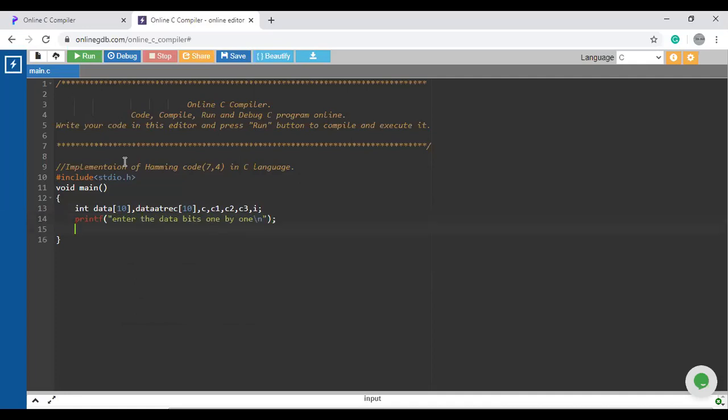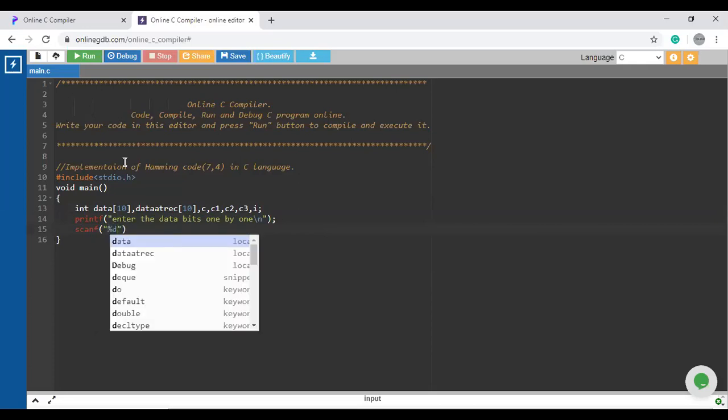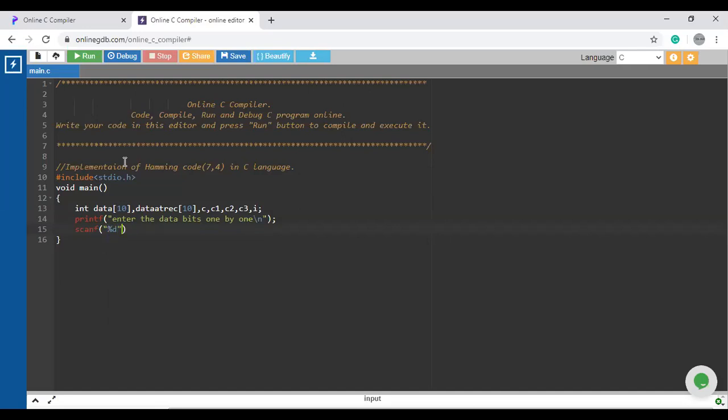Now I will scan the values of these data step by step. So scanf, and %d, and data at position of 0.